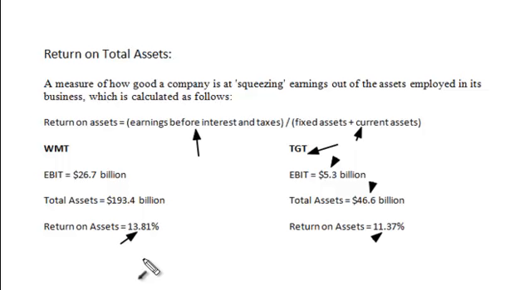We can see that they are decreasing, yet when we also compare Target, we see basically the same thing. Actually, with Target it's a little bit more sporadic. It's got a 10.56, 12.13, and then the most current of 11.37. But you can see that Walmart effectively beats them year after year after year, and the squeezing of the margins